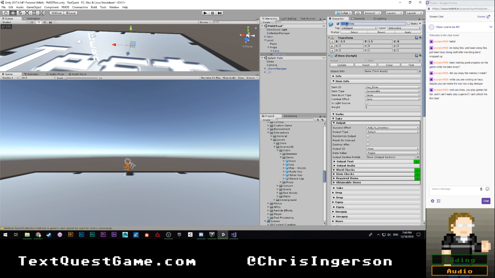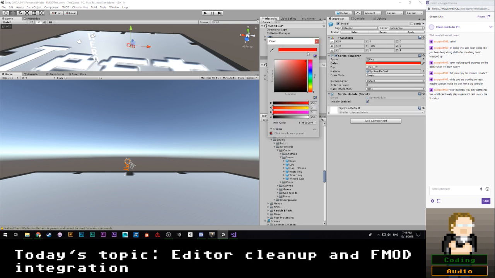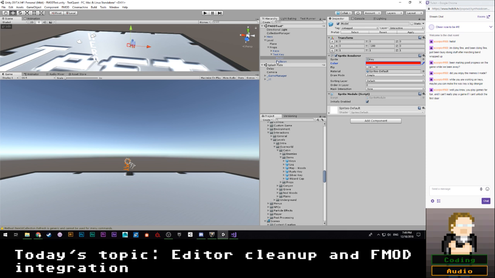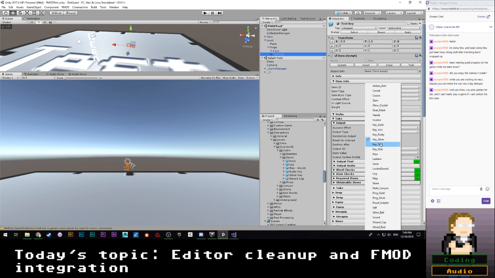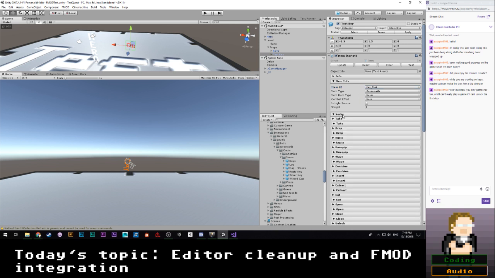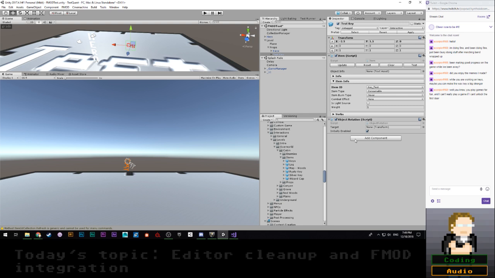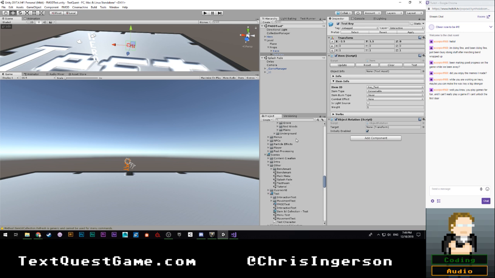We're going to go ahead and rename this test key. We are going to make this key be instead of like that. I guess we'll make it red. Might as well. All that's fine. Let's go ahead and rename this to key test. Everything else is pretty much going to be the same, which is fine. Let's go ahead and sure, we'll keep it like that. We're going to go ahead and drag this